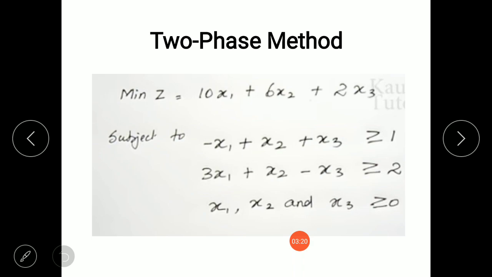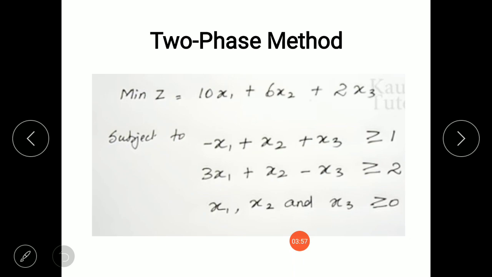This is a minimization problem: minimize z equal to 10x1 plus 6x2 plus 2x3 subject to two constraint equations, minus x1 plus x2 plus x3 greater than or equal to 1 and 3x1 plus x2 minus x3 greater than or equal to 2, with x1, x2, x3 greater than or equal to 0.